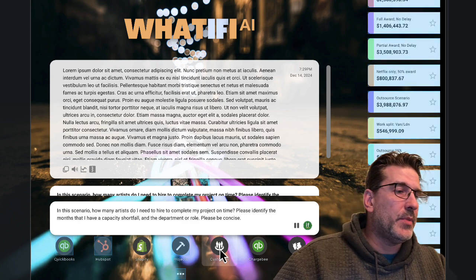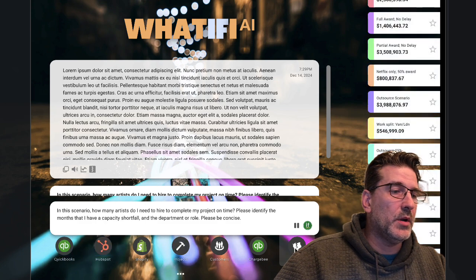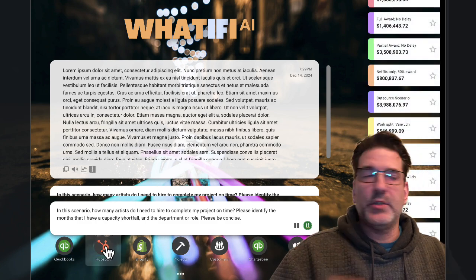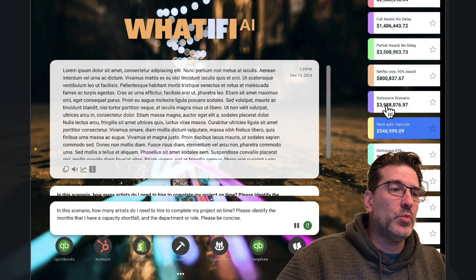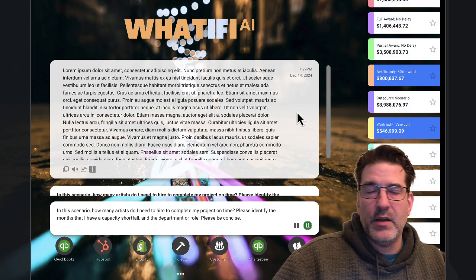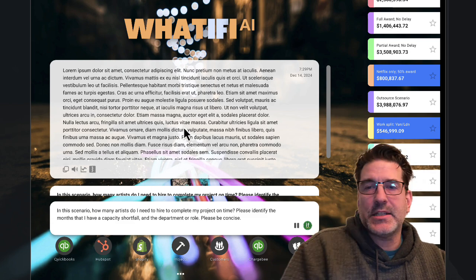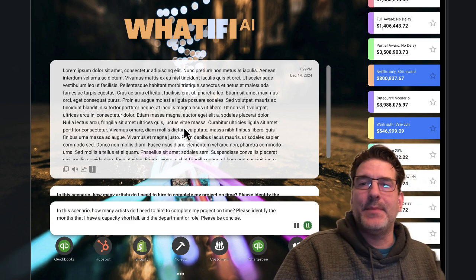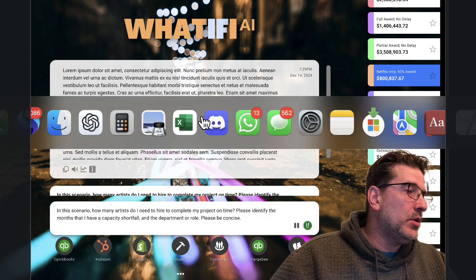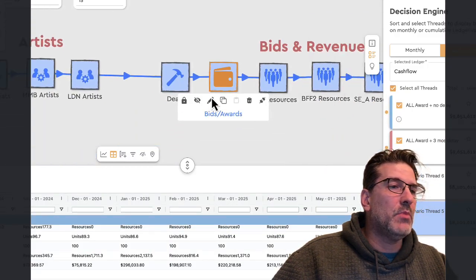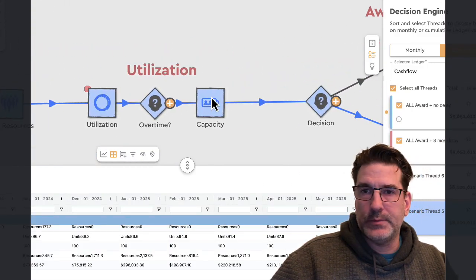You'd be able to pop up and take a look at data that's inside of any of these particular buckets here. So if you had a customer count or products or whatever it is, you'd be able to change those values. You'd be able to keep track of all your different threads here and decide which ones you want to be viewing on the graph and not. And then being able to just ask questions of the model and immediately get those insights. But if you need to drill deeper in, you can drill deeper in and actually get into the model itself and look through that model.